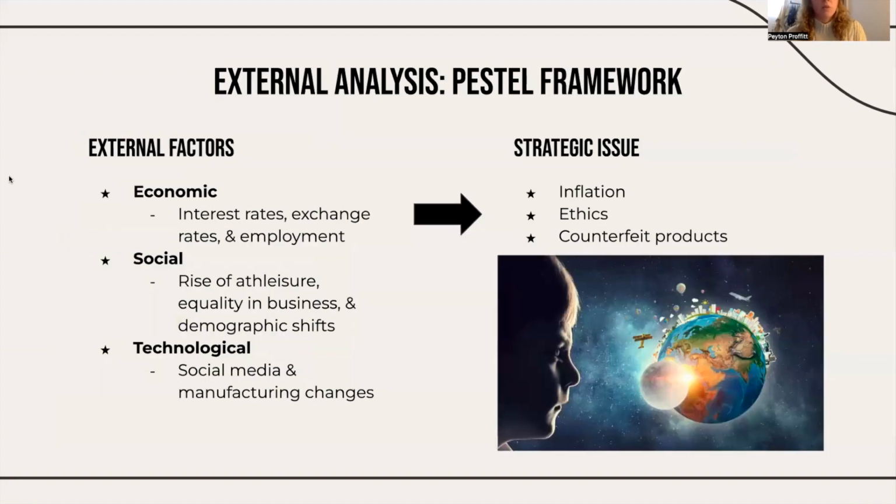And moving on, we then look at the PESTLE framework in our external analysis. So we will discuss the most critical pieces of our external analysis here. And after analyzing the framework, we concluded that economic, social, and technological factors impact Nike the most in the current state of today's global society. And in the aftermath of the pandemic and the recession environment we see today, interest rates have risen and inflation is up. And this creates rising costs in the supply chain and for consumer products in turn. And at the same time, the consumers will have less ability to spend.